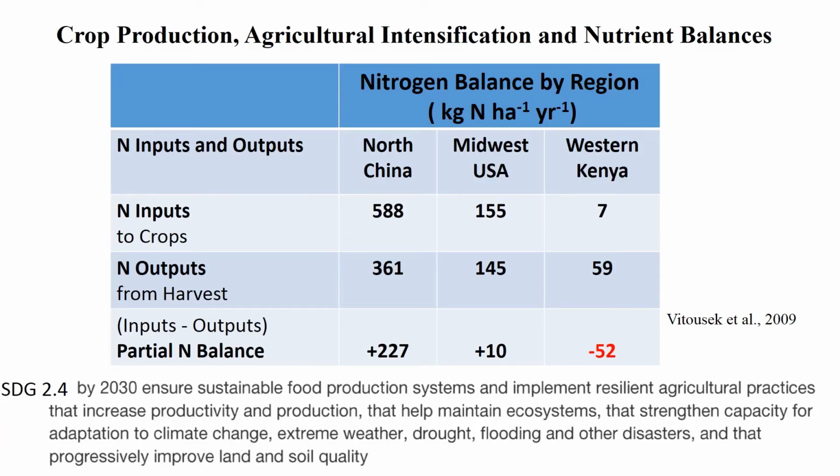Okay, so now I'm going to go on to the sustainability parts of this. Okay, so here's North China. That was part of the big Asian Green Revolution. And this is nitrogen balance by region. So you look at the nitrogen inputs. This is kilograms of nitrogen per hectare per year, almost 600 kilograms. And they're taking out, and this is for maize, 361, leaving a very large nitrogen surplus